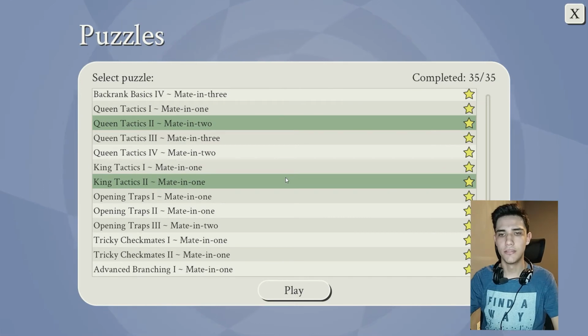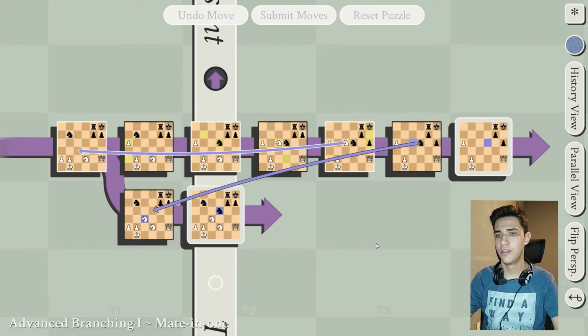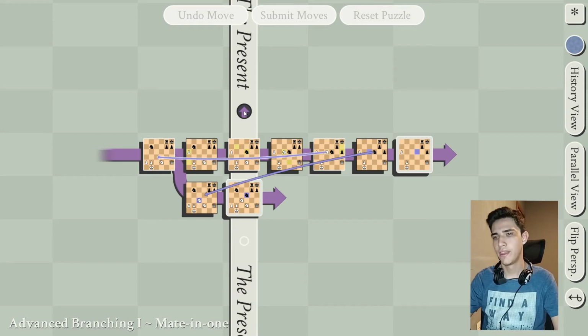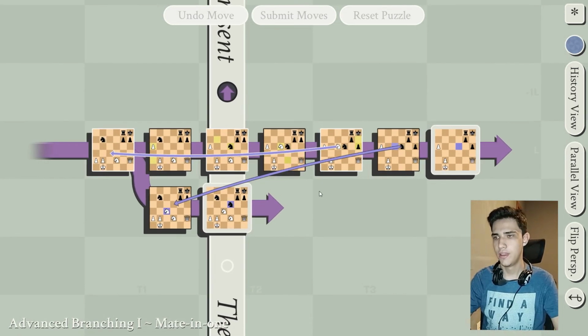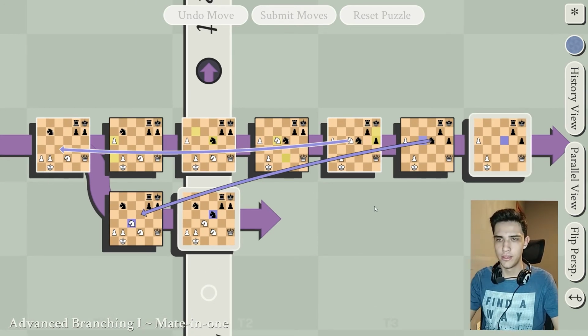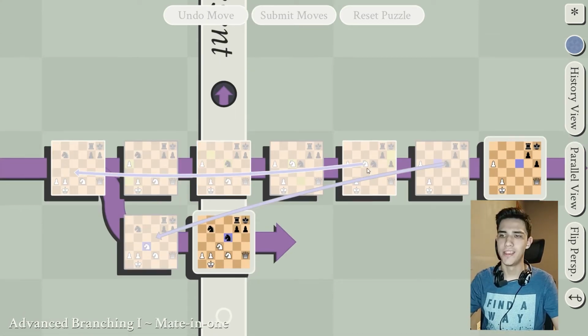So now let's go to advanced branching, the last puzzle here, to explain how the present line works and how branching works, because it's a very important thing to know. So here, let's analyze what's going on first. Basically, until this board, it's normal, but when we get here, the white pieces move the knight to this board,